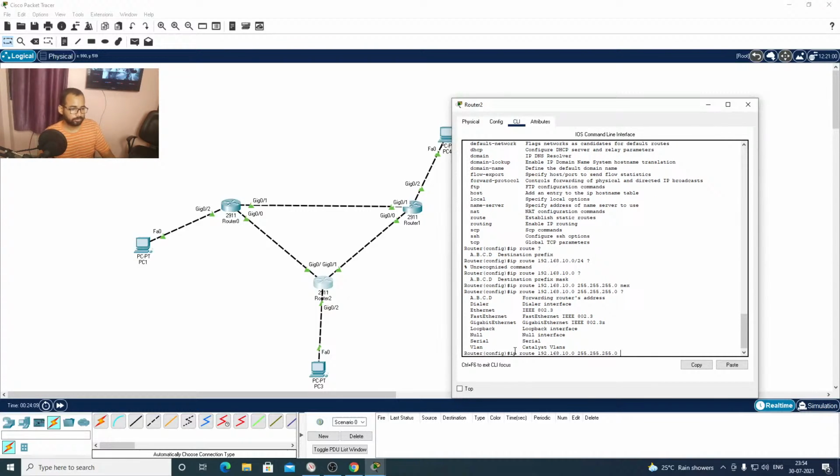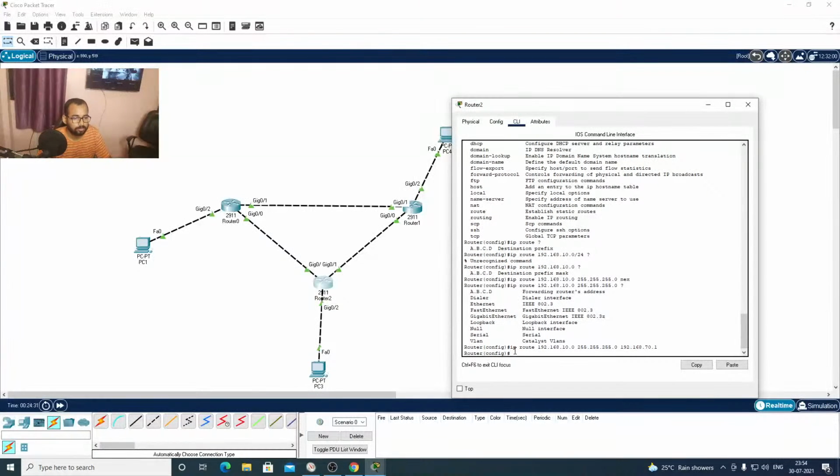Basically, next hop means the forwarding router address. So we'll give the next router address here. In our case, the next router address is 192.168.70.1.